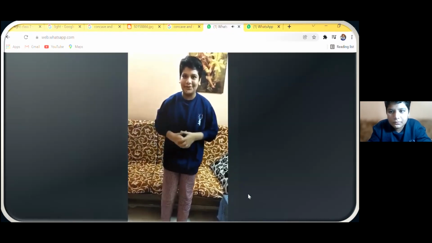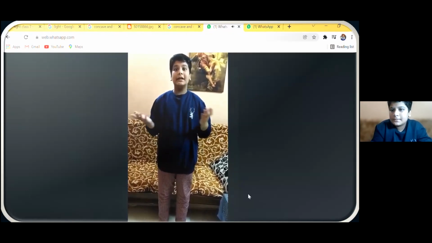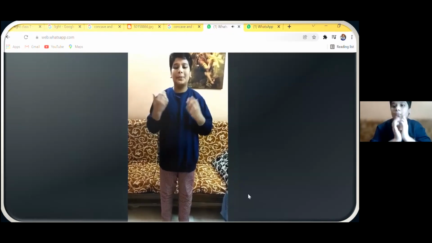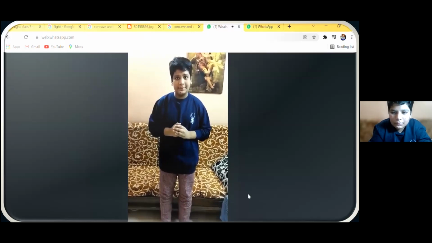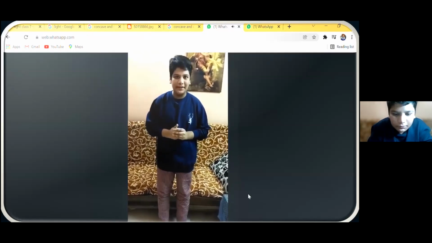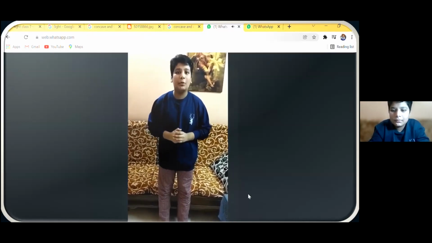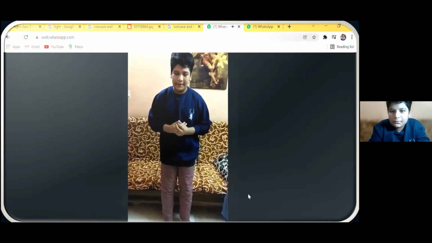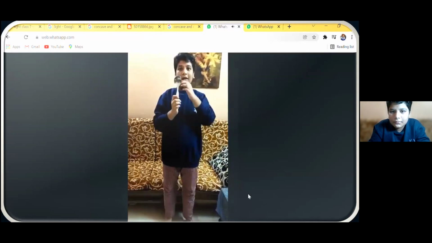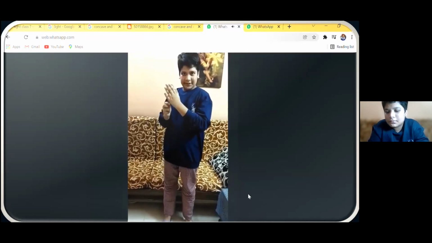Hello everyone. Today I will explain the difference and properties of spherical mirrors. There are two types of spherical mirror. First, concave mirror and second, convex mirror. They both have different properties and I will explain by doing an experiment. First, I have taken a spoon. The outer bulging side is the concave mirror and the inner side is the convex mirror.